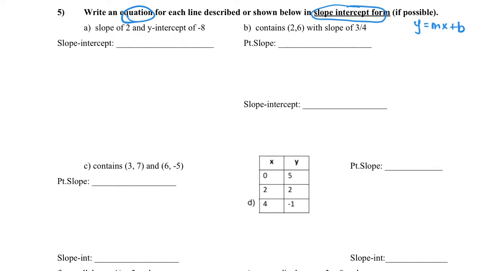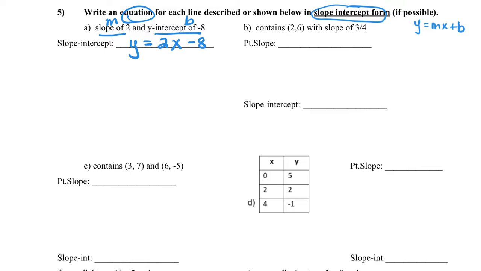So this is the big bulk of your test. One whole page of your test has questions just like this. So this first one is ready to go. They tell you the slope and they tell you the y-intercept. The slope is the m, the y-intercept is the b. So to write this, it's just going to be y equals my slope, 2x, and then minus 8, because that was my